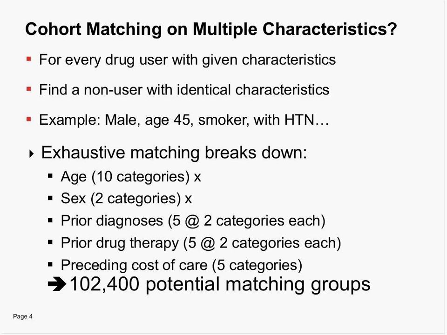You end up with 102,000 matching groups, and it will be a challenge to find both treated and untreated patients in each of those, or at least a comparison that fills in all these matching groups. And this phenomenon of increasing categories, or strata of matching groups, is sometimes referred to as the curse of dimensionality, and the propensity score addresses this,